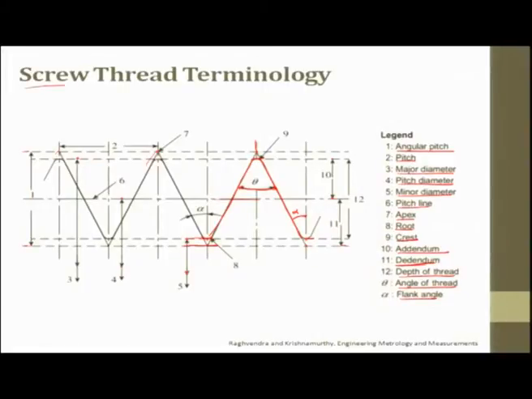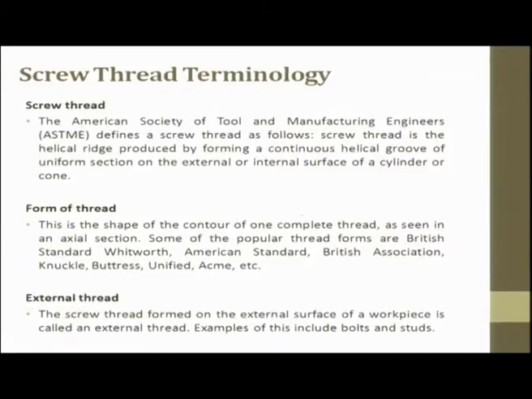Screw thread terminology is slightly different, but generally what we talk about more is the pitch, and then addendum, dedendum, depth of thread and angle of thread. Angle of thread is, when there is a single thread, the angle which is subtended, called theta, and with respect to the central axis, this becomes alpha. Now, let us see the individual explanations.